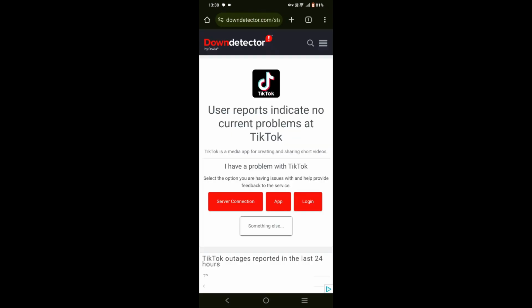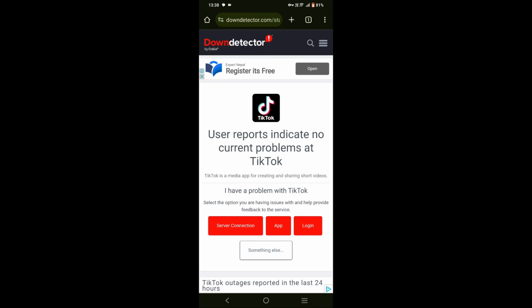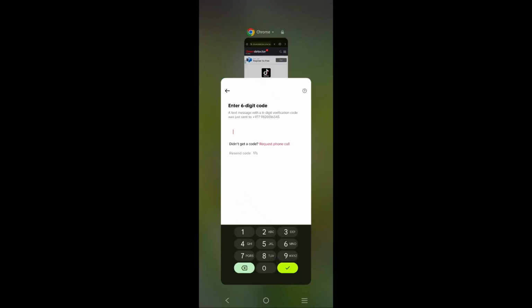Another thing you must check is if TikTok servers are down. It says no problem at TikTok. If it says TikTok servers are down, then obviously that's the reason you are not getting your one-time password. So if you go back to your TikTok and still not able to get your 6-digit code or OTP, then